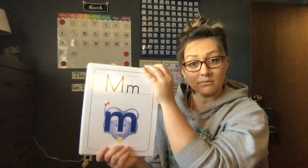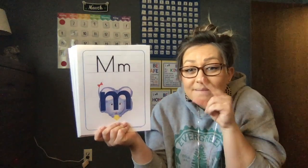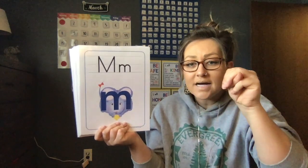This is our favorite one. Well, my favorite one, all the kindergartners do it. We go like this and we squeak. We go, me, mouse, me, mouse. M says,